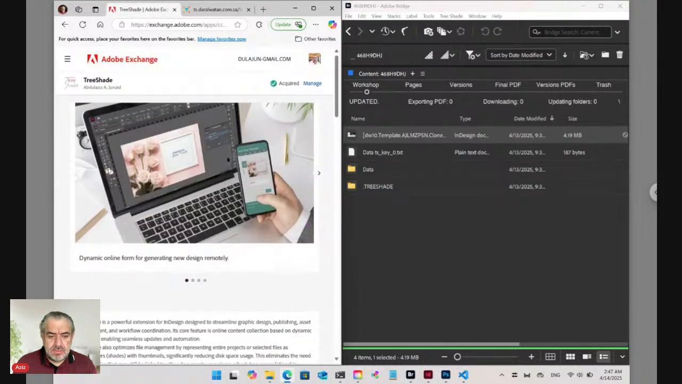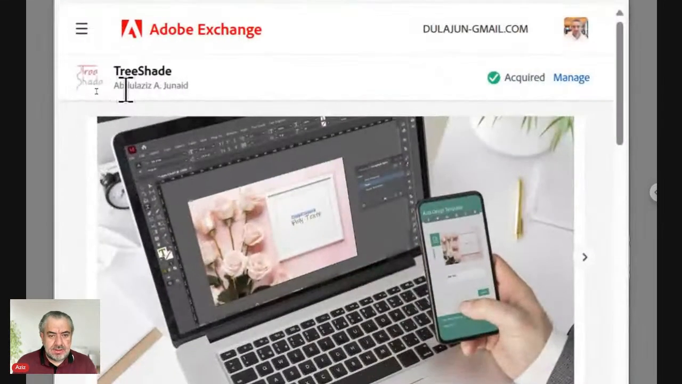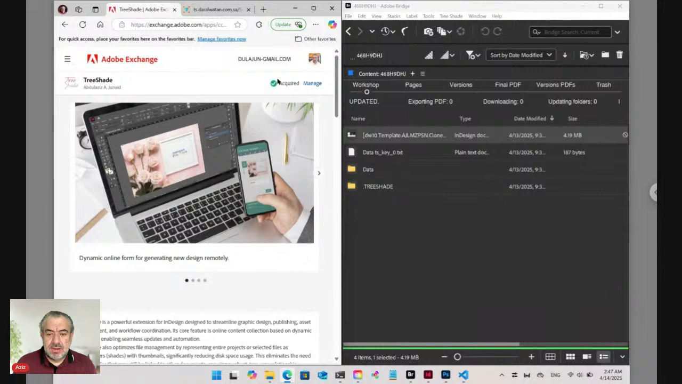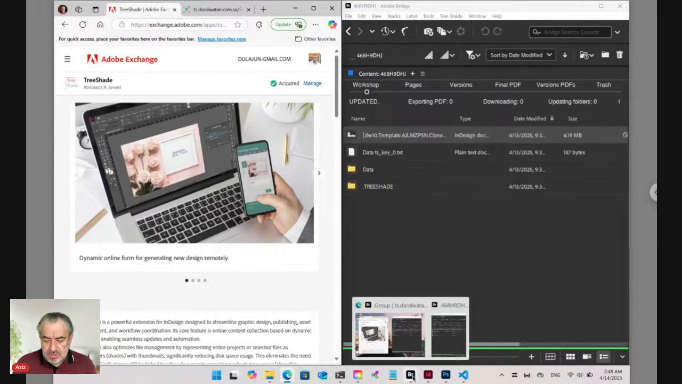We will talk about TreeShade. TreeShade is an extension for Adobe InDesign and Adobe Bridge. You can install it totally free from Adobe Exchange. After installing TreeShade,